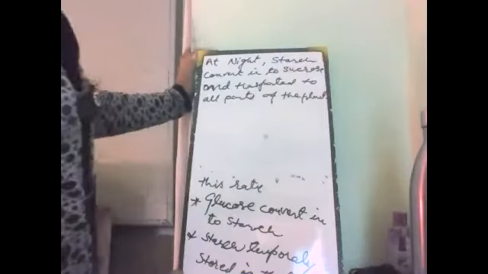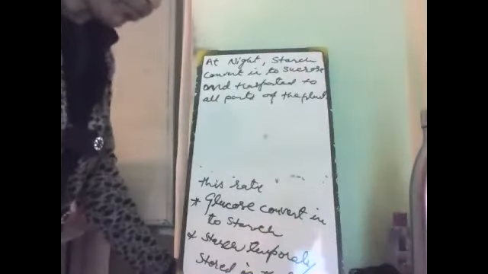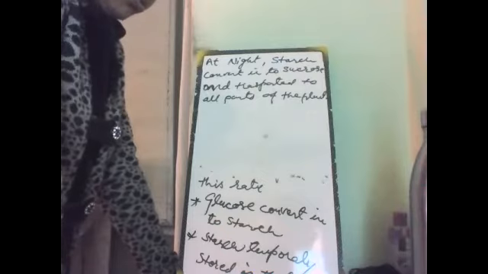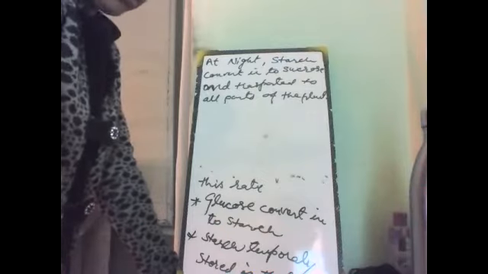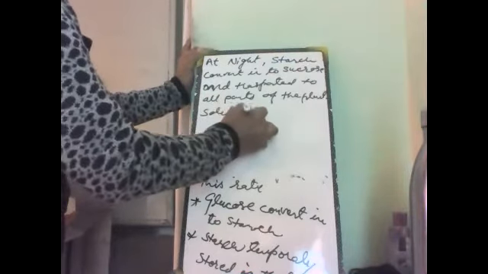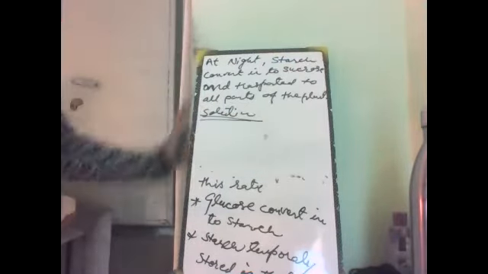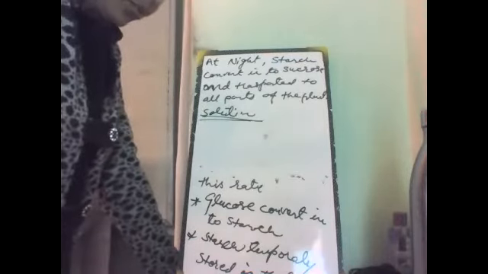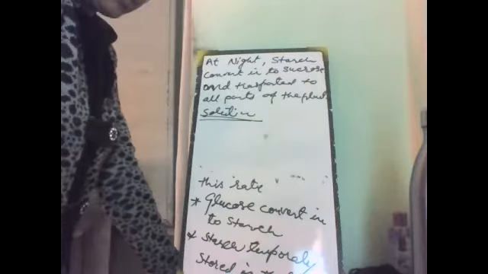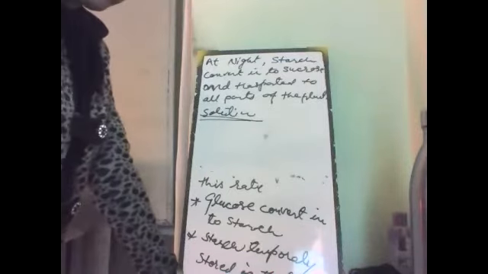This is the process of transportation. Sucrose is then transported in solution form. In which form? Solution form, in a liquid form. Sucrose is a liquid form of glucose, transported to other parts of the plant with the help of phloem.